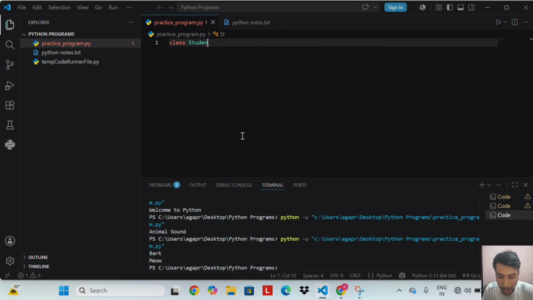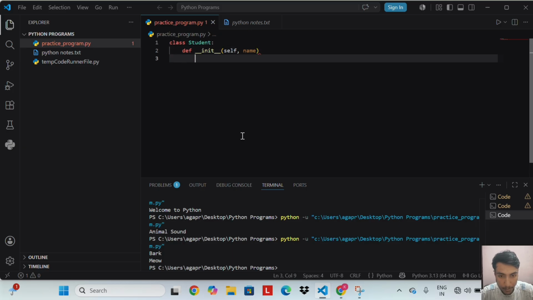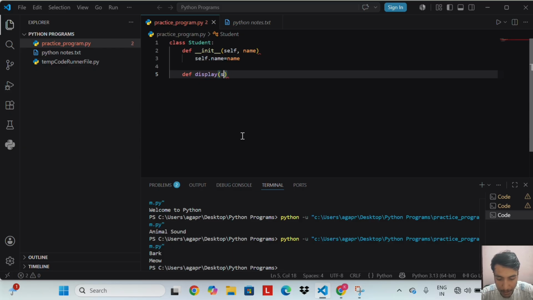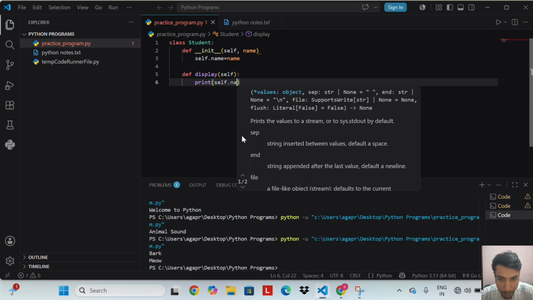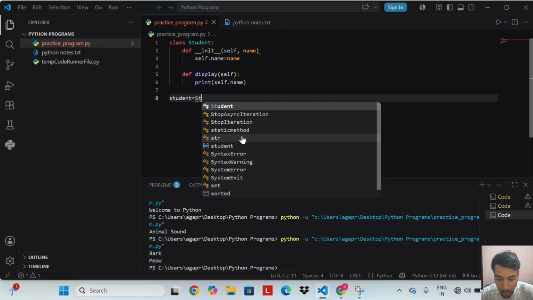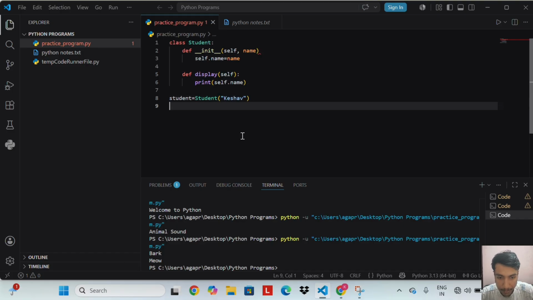class Student: def __init__(self, name): self.name = name. def display(self): print(self.name). student = Student("Keshav"). student.display().